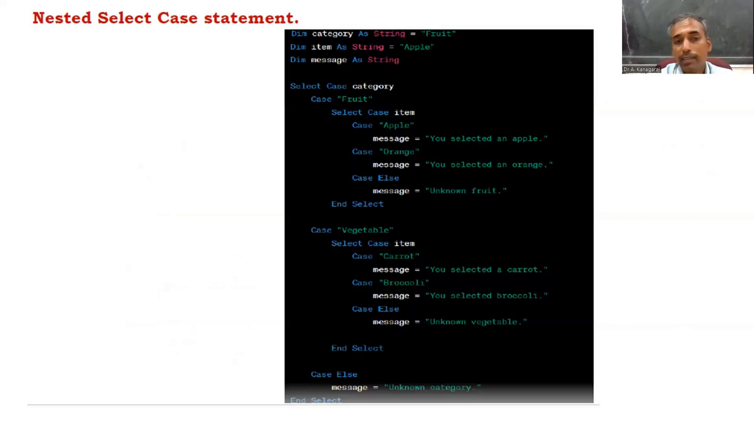And the nested select case statement. Nested select case statement means if you use one select case statement within another select case statement, the concept is called nested select case. So in this example, inside a single case, we have included another select case statement. So that's why it is called